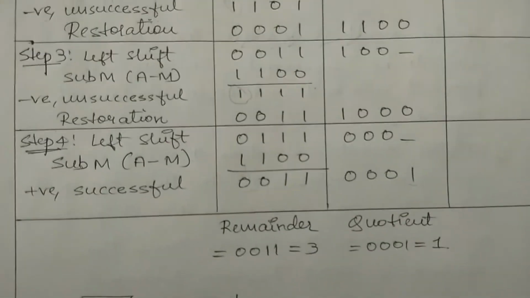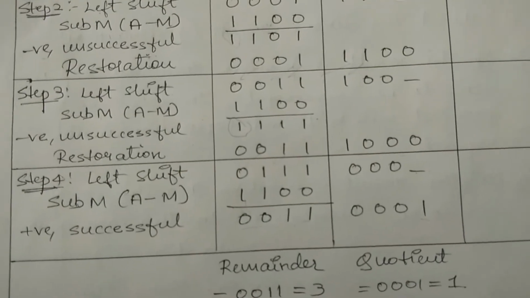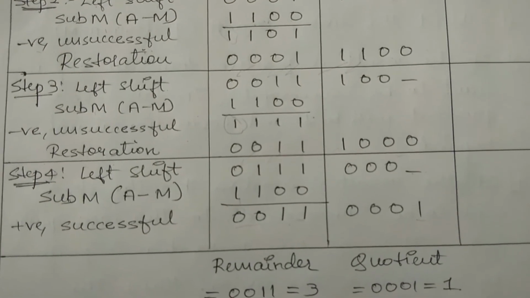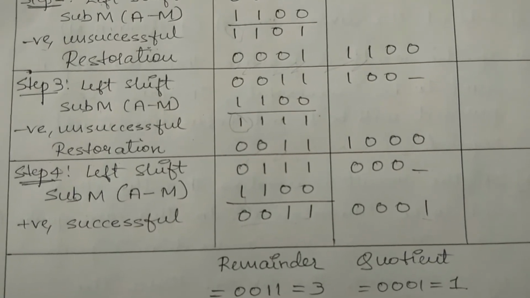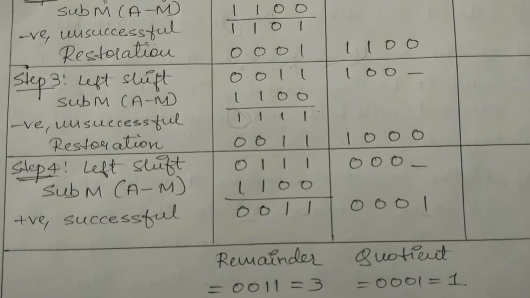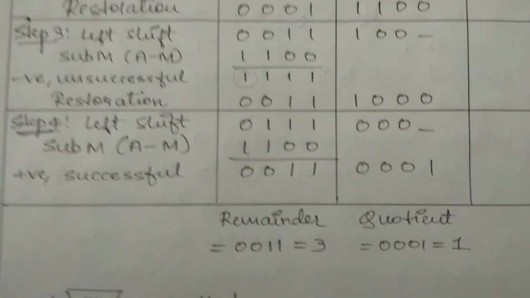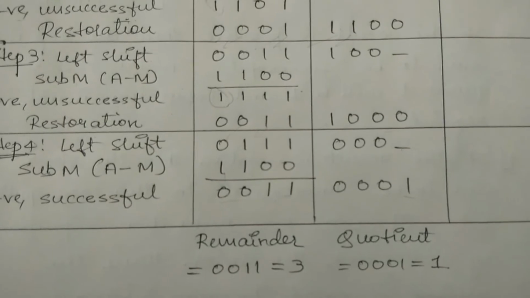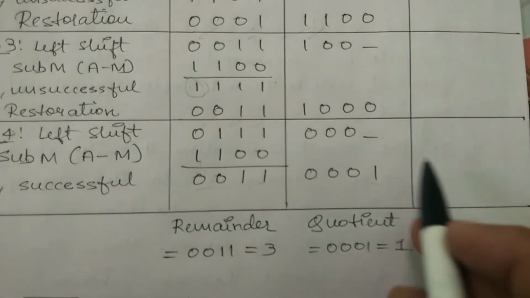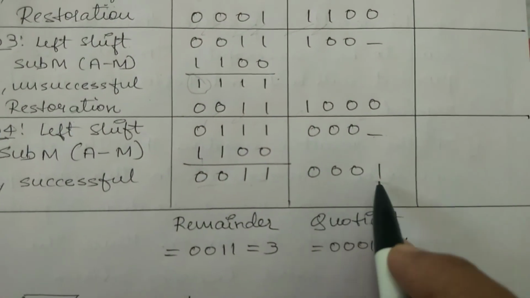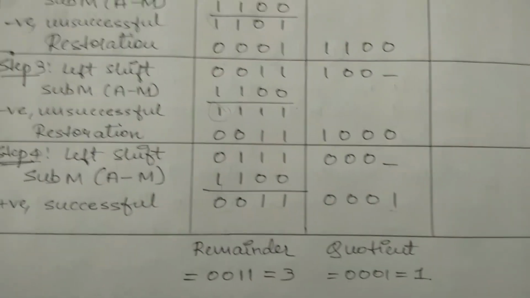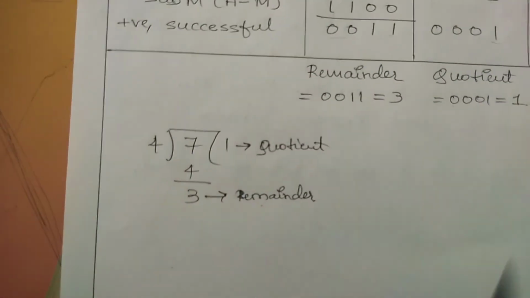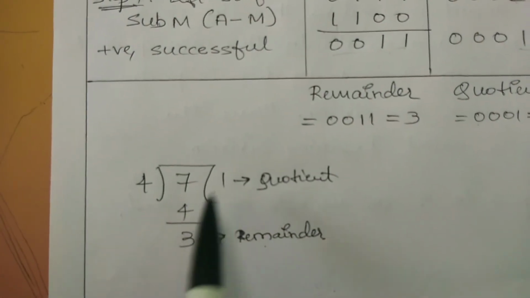This is the last step, because we have selected number 7, which is a 4-bit number. So as mentioned in the algorithm, the number of steps is equal to the number of bits. So this is a 4-bit number, and this is the last step, and at the end of the step we need to look at the number. So this is just 1, so quotient will be 1, and here it is 3, the remainder is 3. And let's verify with the normal division method. After doing the normal division method, we will get quotient as 1 and remainder as 3.